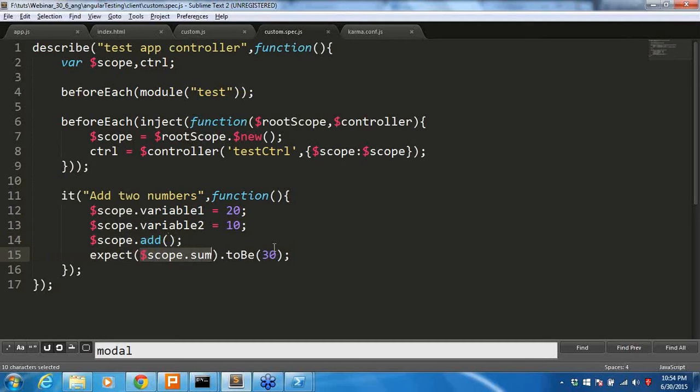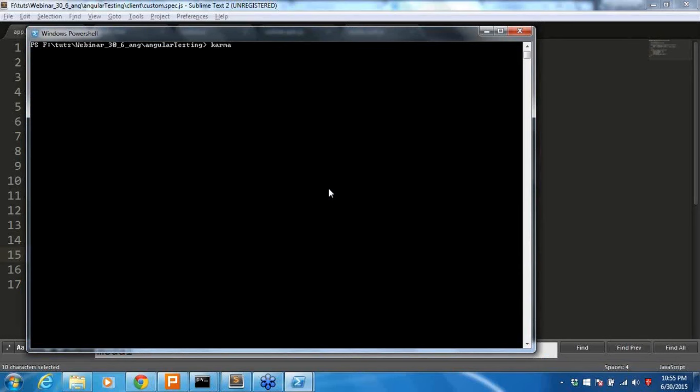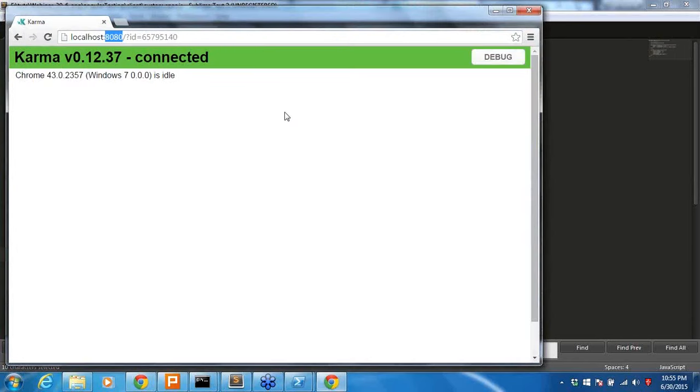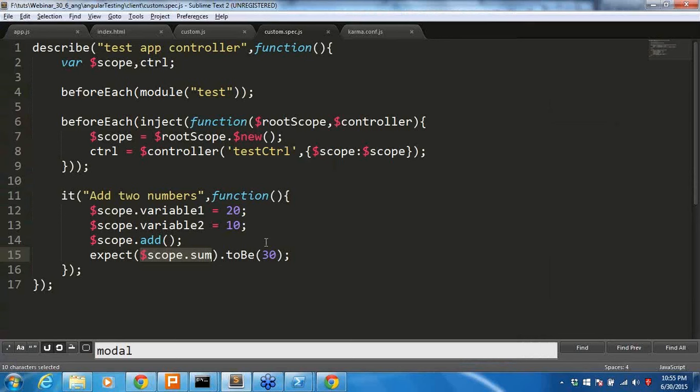Let's go over here. I'm going to stop the server. So how can we start this Karma testing? Karma is already installed in my machine, that's why I should be able to access this tool. Start karma.conf. Whenever I start this karma configuration, it launches on the same port I mentioned in the configuration, 8080, and it launches in the Chrome browser. Okay, so then it is giving the result. I executed one test case and one passed, because if I add 20 and 10, it will give 30 only. But let's make this one.